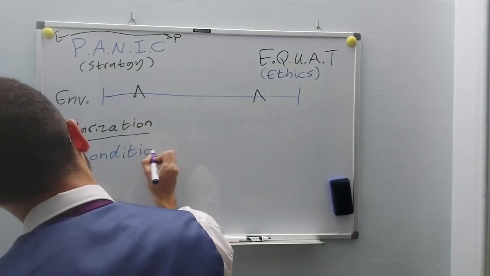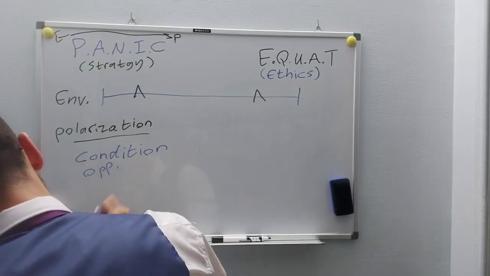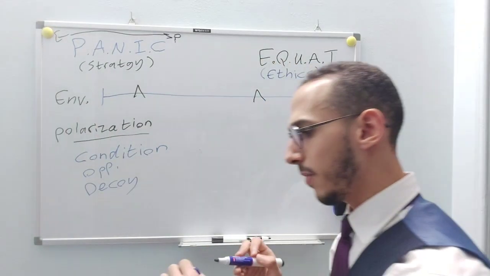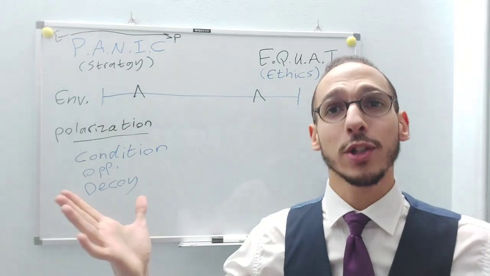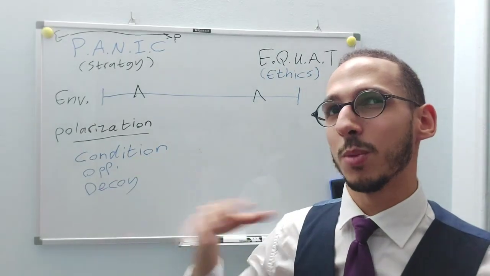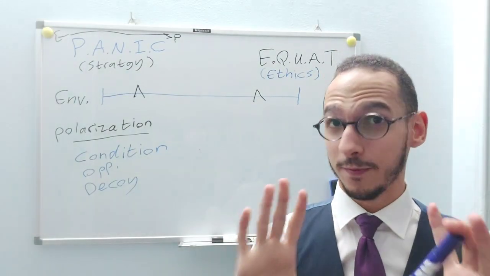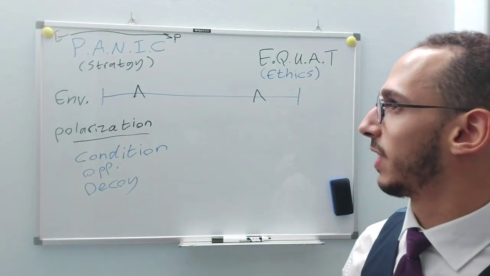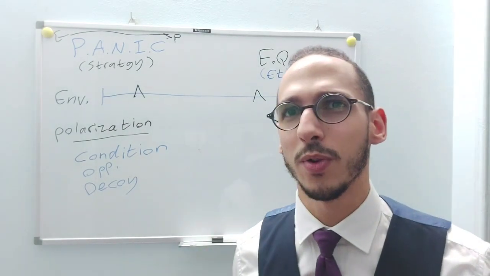condition polarization, opportunistic, I'm just going to write OPP here, and decoy. Condition polarization is polarizing pre-existing conditions that actually have elements that are contradictory to each other. And this is not to be mistaken for opportunistic. Opportunistic is something that might happen and then drop, but then they took the opportunity. This is very well documented in economics, like mainly in economic supremacy of the West and their hegemony. It was like a fluke after World War II.